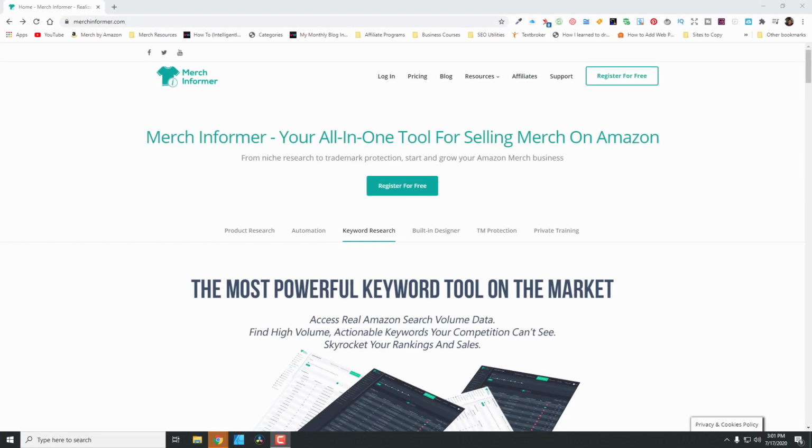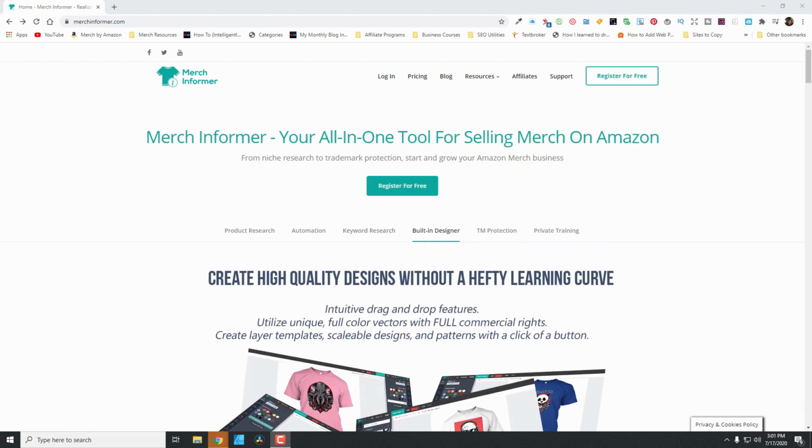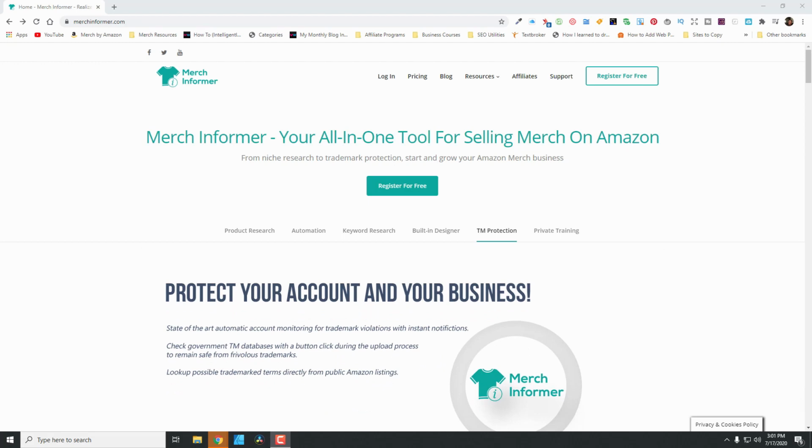Alright, I'm back. I've jumped on the computer. Here we are at merchinformer.com, and this is the login screen. You can see here that if you don't already have an account, you can register, and they do offer a